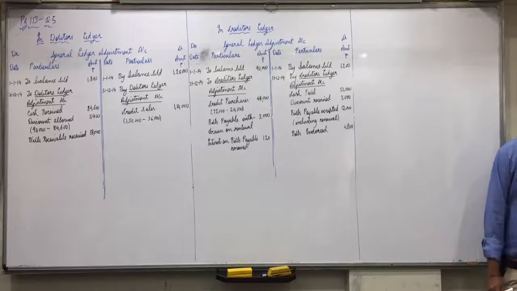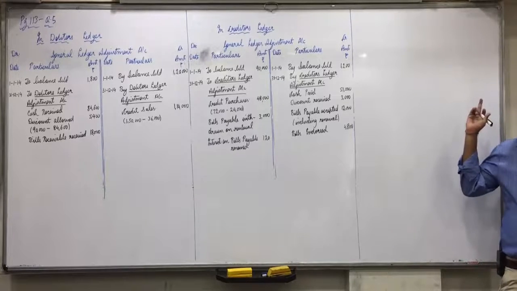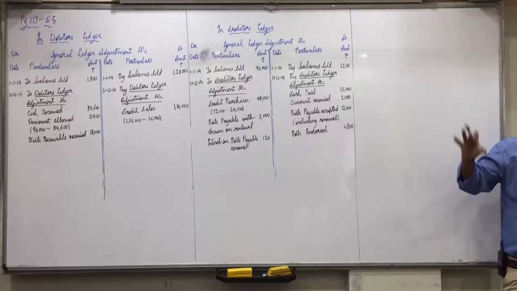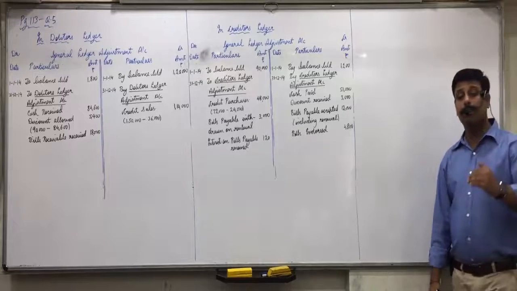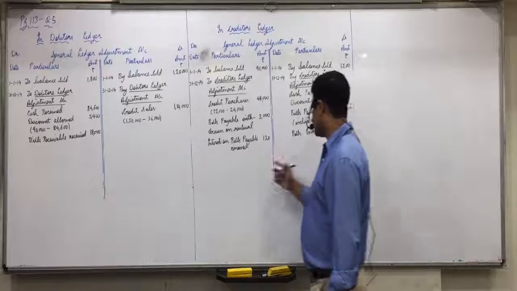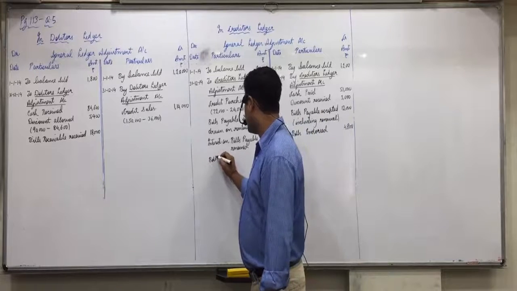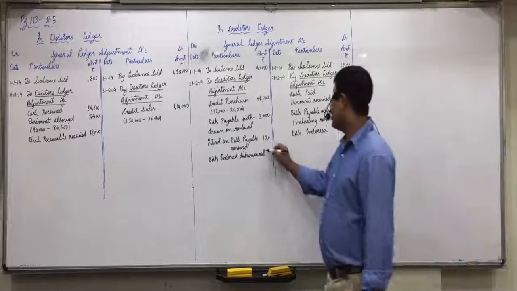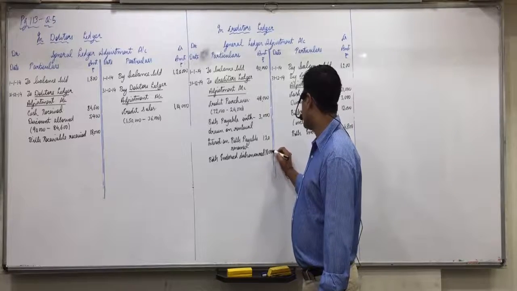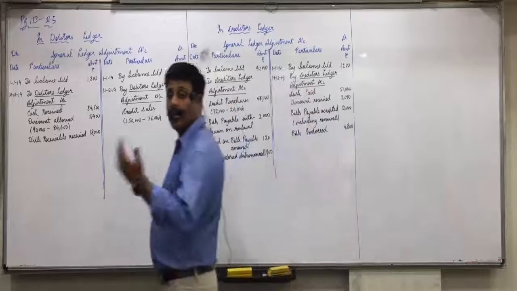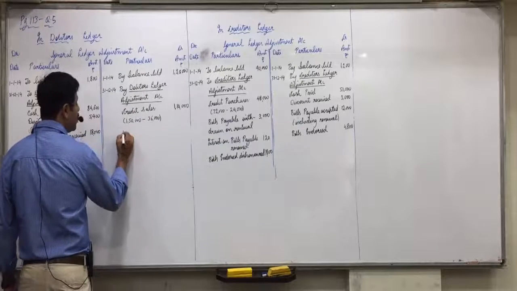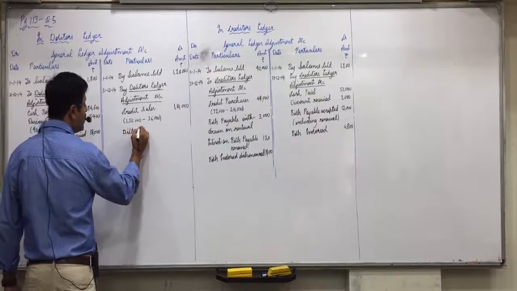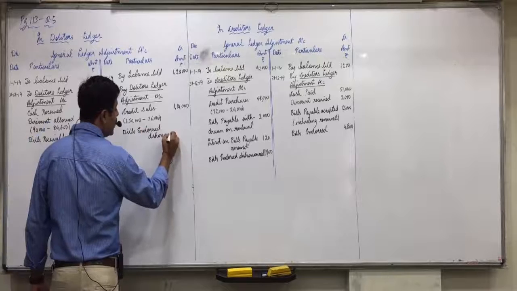Then bills receivable, bills received as endorsed, dishonored. Just like the previous question we discussed, an endorsed bill dishonored will affect both the accounts. What is the first entry? Bills receivable to creditors. First we will reverse this. Bills endorsed dishonored, 1,800 is the amount. And then the second entry, we will give it back to debtors. So debtors to bills receivable. To bills receivable means credit side, bills endorsed dishonored 1,800.